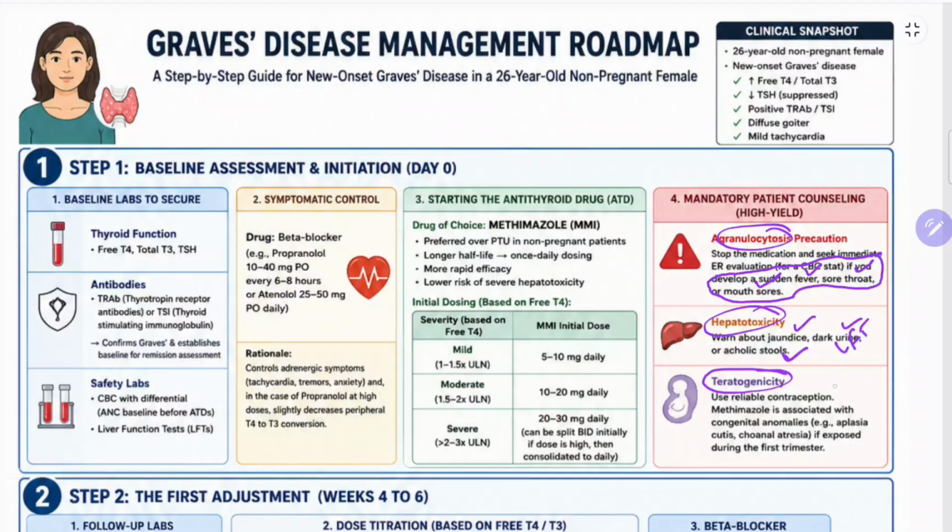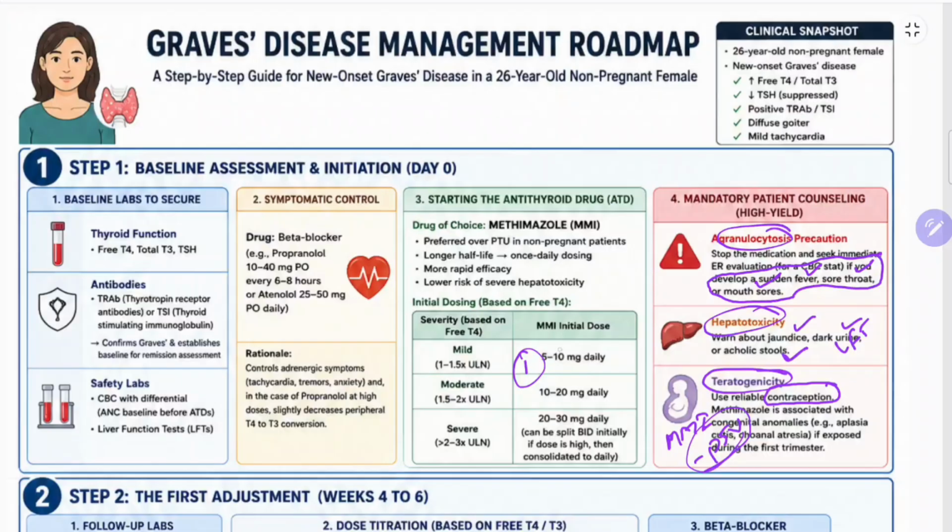Teratogenicity. So female patients should be counseled to have proper contraception, and they should have planned pregnancy, because if they are planning pregnancy, then the drug should be changed from methimazole (MMI) to PTU in the first trimester. Okay, because methimazole will cause 3 types of anomalies mainly, that is one is